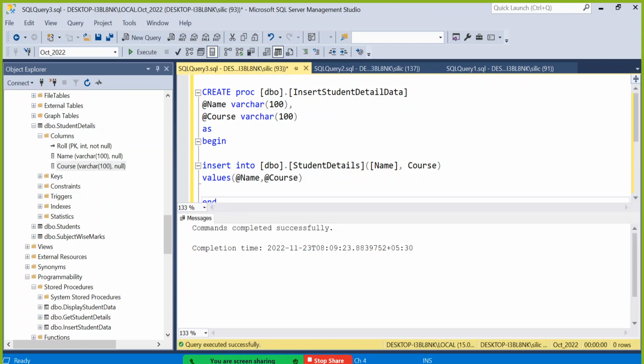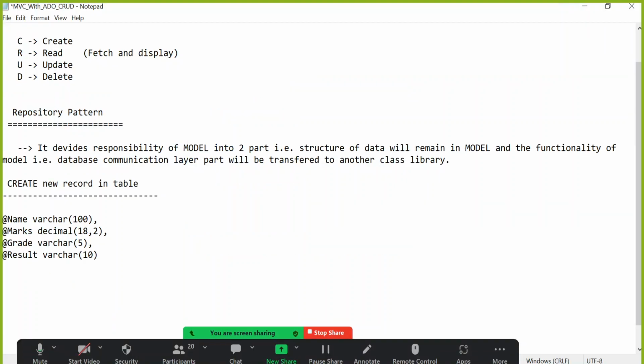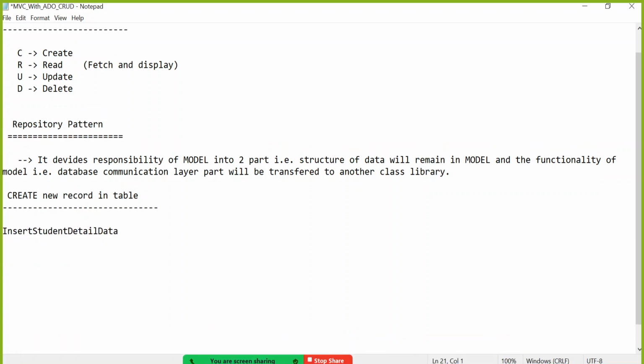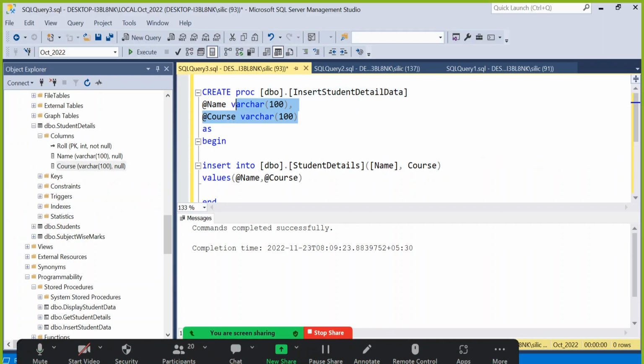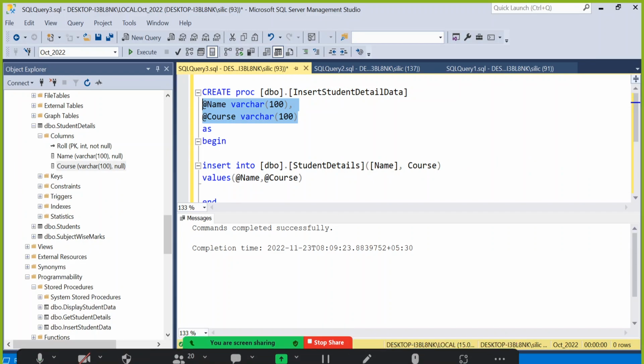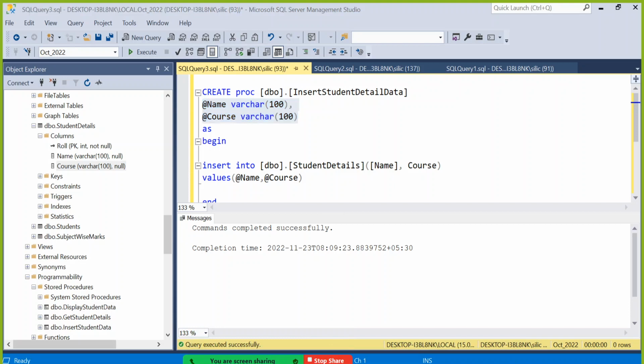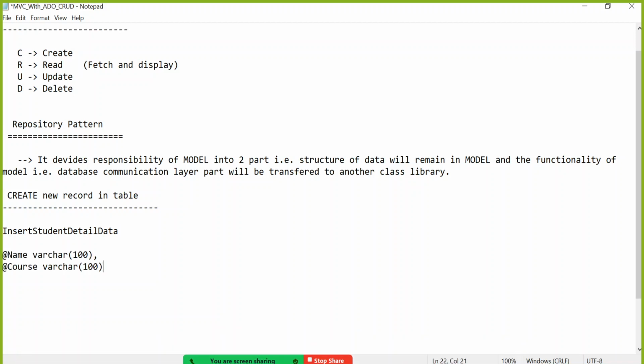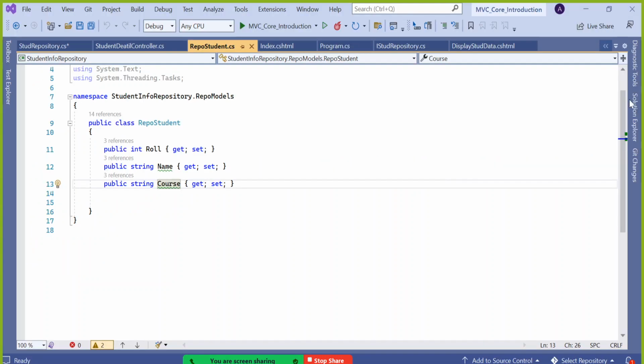That means this is my stored procedure name. I will copy paste this in my notepad, and instead of this 3, I will say my required parameters are these 2 only. Systematically, no need to hurry. First you complete right hand side part, then you come slowly towards the left hand side. Now extremely right hand side, as per my diagram, database is done. Then should I go to repository now? Now come to repository,